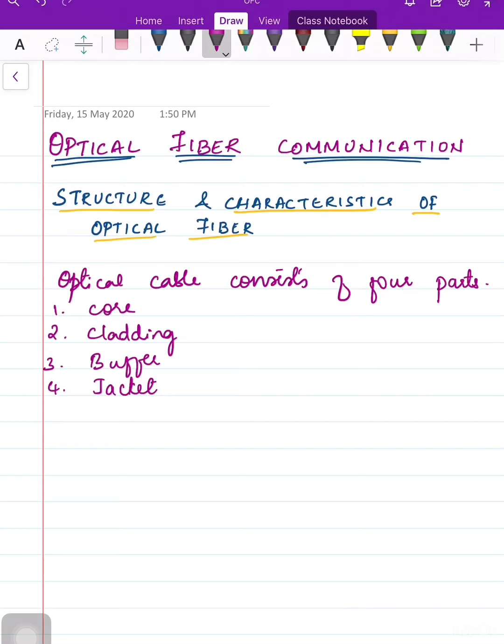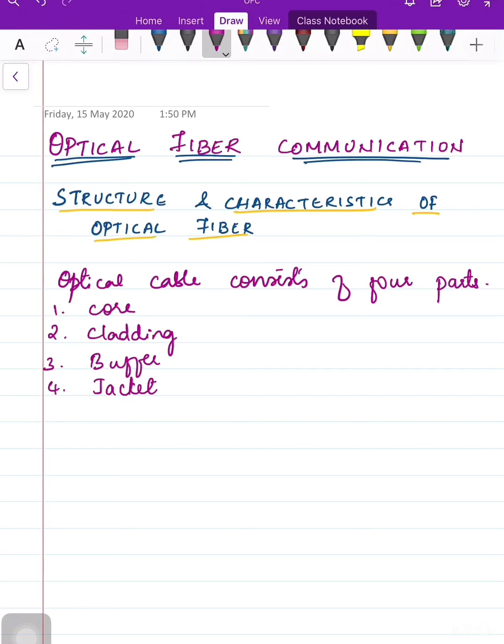In the manufacturing process, dopants such as germania and phosphorus pentoxide, or alumina, are used to raise the refractive index under controlled conditions. So the core material is made of glass and even of plastic. These optical fiber cores are manufactured in different diameters for different applications, so the sizes are different. The size, or diameter, depends upon what application it is manufactured for and what its uses are.